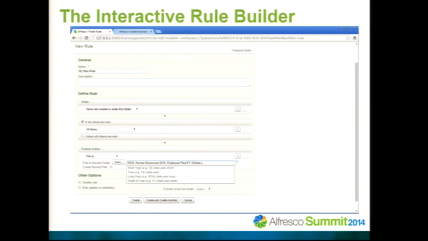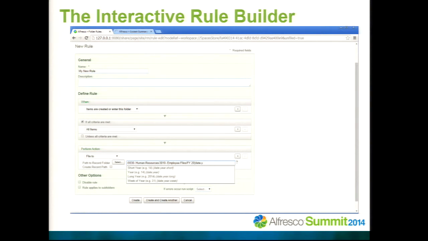With the 2.1 release, we put in what was called dynamic filing rules, which means you can substitute metadata into the file path that you're constructing for the placement inside of the file plan. It used to be that you had to know how that worked, and what keys it would be looking for in particular. So now we've put in an autocomplete function. It may be pretty hard to see for a lot of you. But what I've put in here is